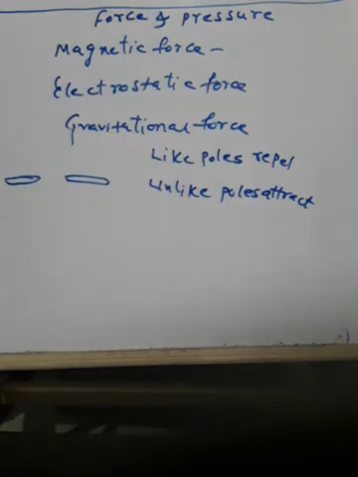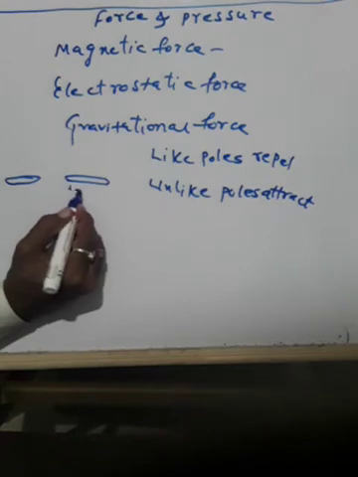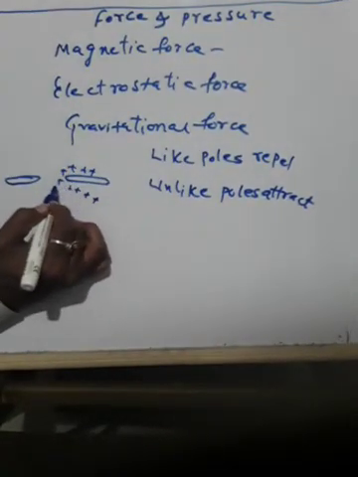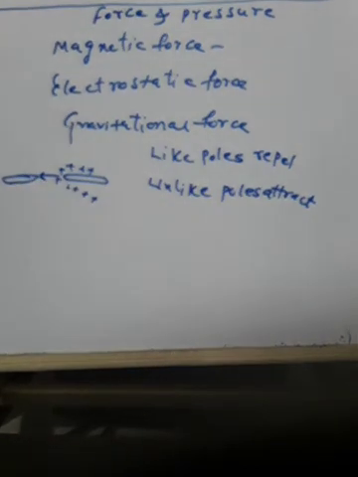Here what changes take place? They will see. If you rub, then they will attract each other, because a straw is said to acquire electrostatic charge after it has been rubbed with a sheet of paper. If you rub this paper with a sheet of paper, what happens? It will get the charge. So due to its charge, it will attract the straw which is tied to the table.